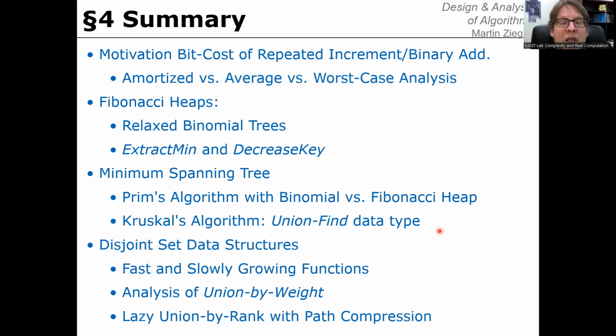Binomial heap always has logarithmic worst case cost. Fibonacci heap has a decrease key operation with constant amortized cost. Then we recall Kruskal's algorithm, which builds on a data structure for disjoint sets, and we discussed the first implementation